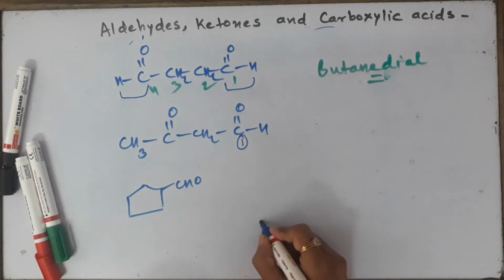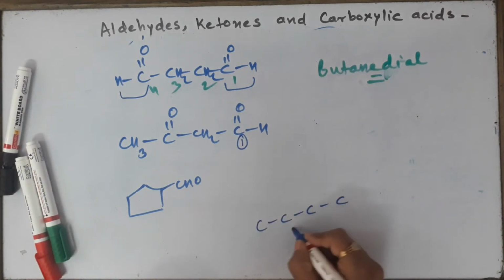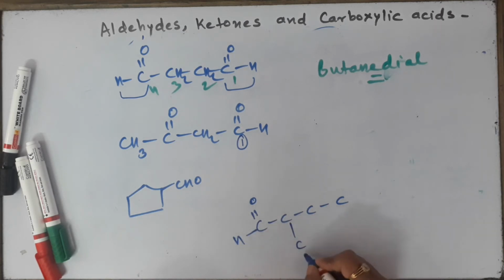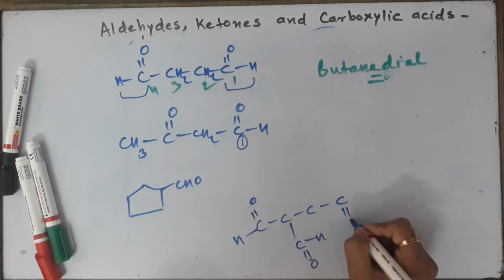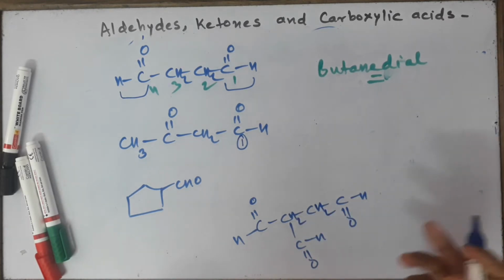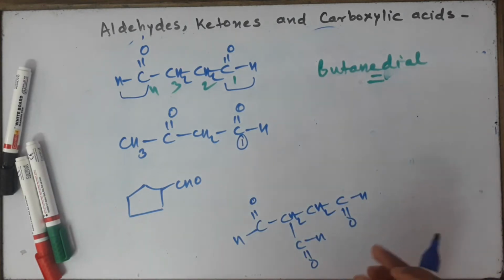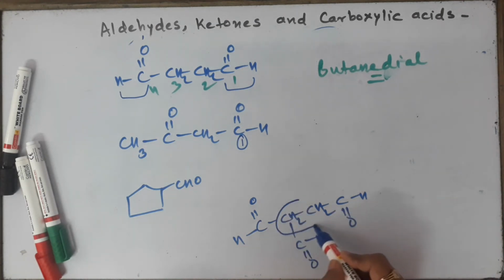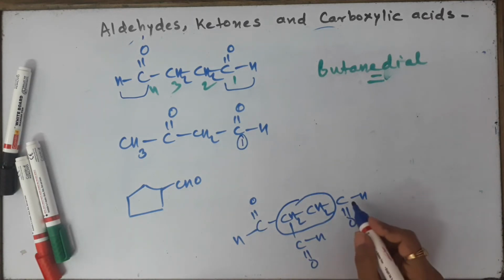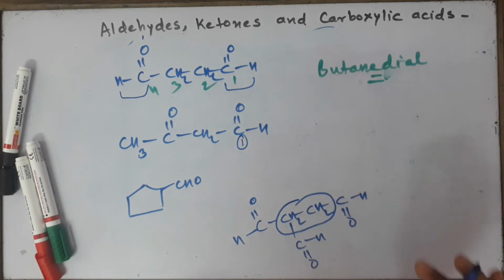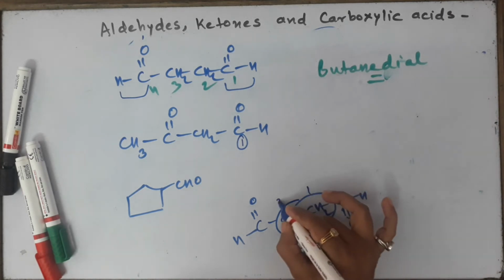Now same way, children, you may wonder that sometimes it can be more than 2 also. Like for example, I can have something like this CHO, I can have one more CHO over here, I can have one more CHO over here. So if there are more than 2 CHOs, then I don't have to call it a dial or something like that. In that case I have to consider the parent compound like this. Look at this. This is my parent compound to which we have CHO attached, and I'll say you are the derivative of ethane.